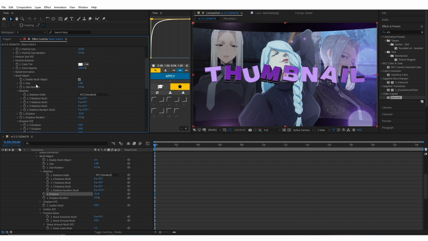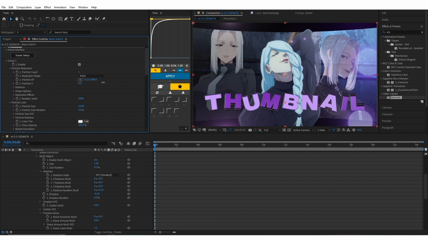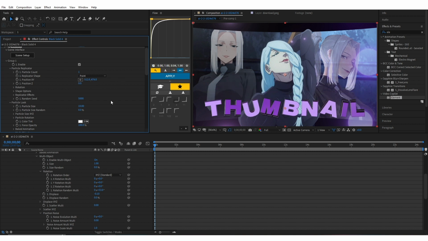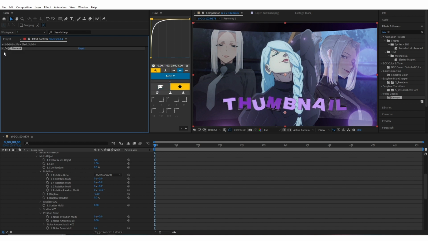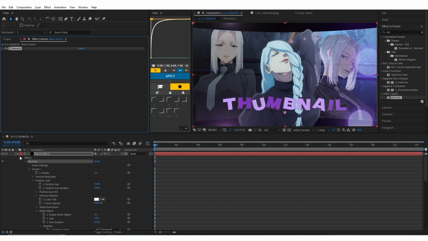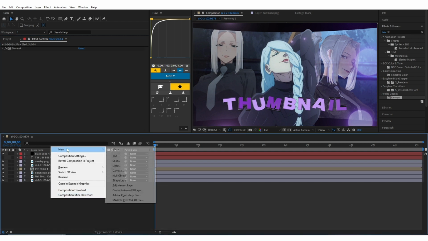Yep. And now go to particle replicator, and with this you can change the position or zoom in or zoom out your 3D text. This looks good enough. Now I'll go to my pre-comp or timeline and add a new adjustment layer